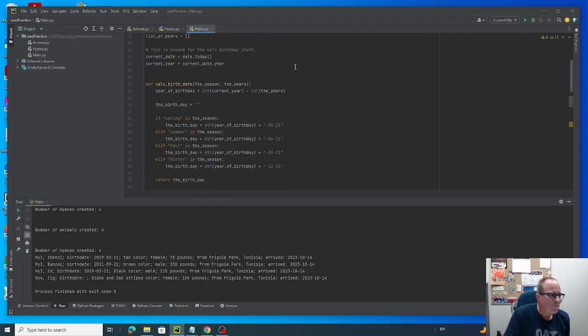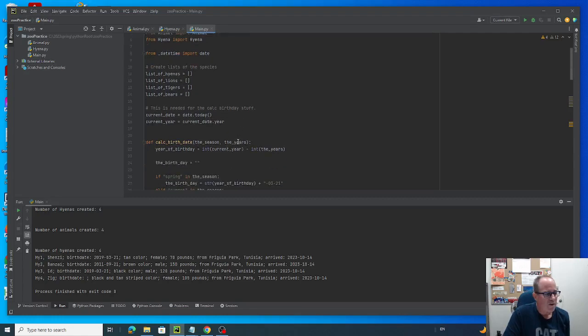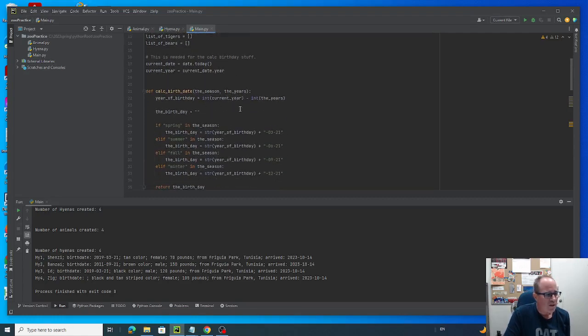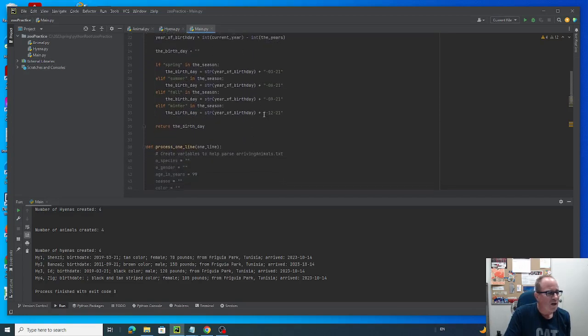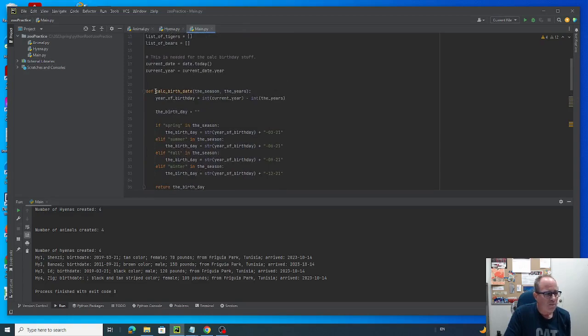In main, this is where the processing happened. Date time group was required to calculate the birthday. If you take a look at this, I think it will make sense. Here's the calc birth date method. It just accepts a season and then years. Year of the birthday